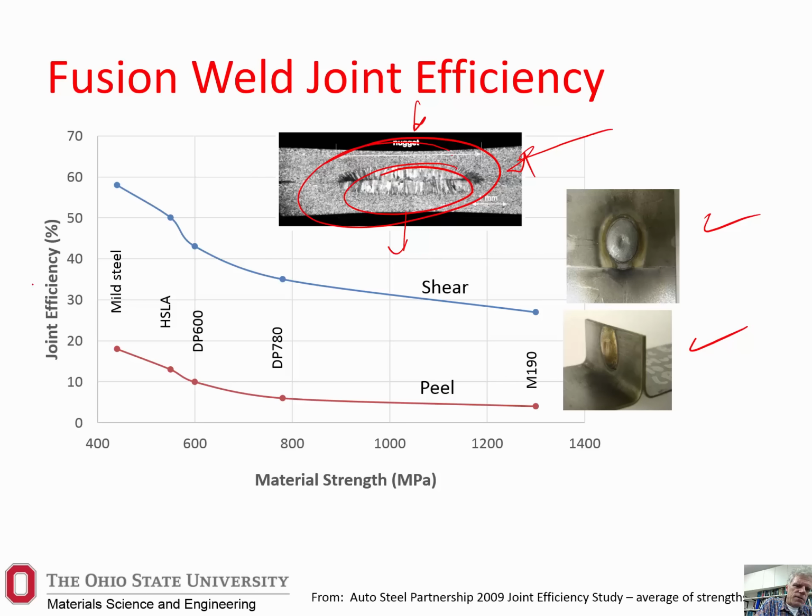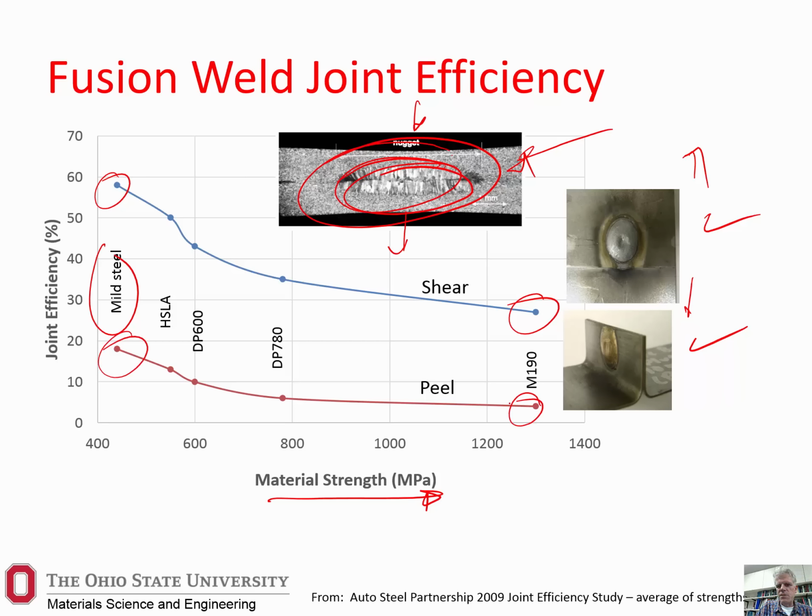And here we plot joint efficiency as a function of material strength, and our materials are getting stronger and stronger, but as you get them stronger and stronger, you're doing more and more damage by melting them from a relative point of view. So if you start with mild steel, you'd have a 60% weld efficiency in shear, down here below 30%. If you have a peel test for your mild steel, you might be around 20% weld efficiency, and you're here around 5%. So as we get to stronger and stronger materials, even for simple monolithic systems, the joint